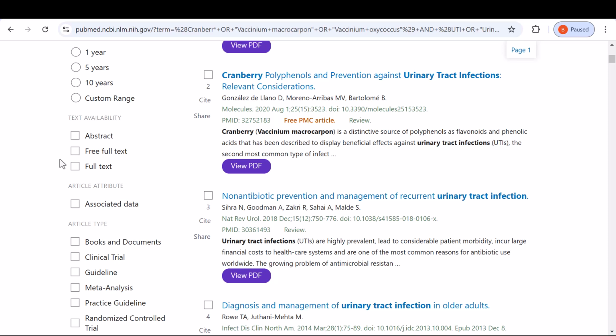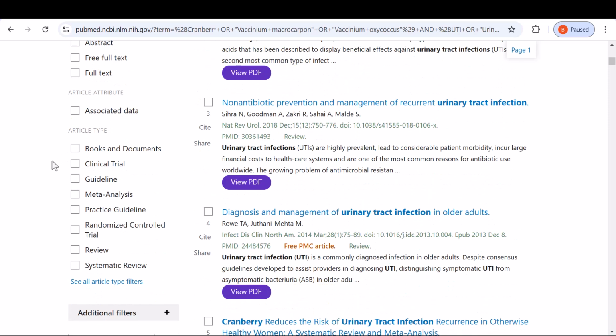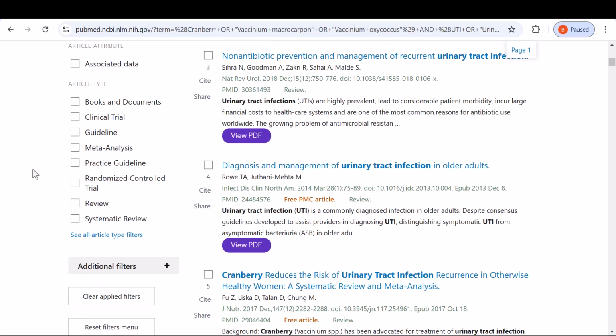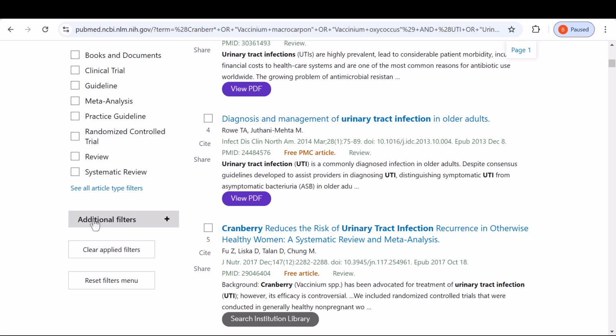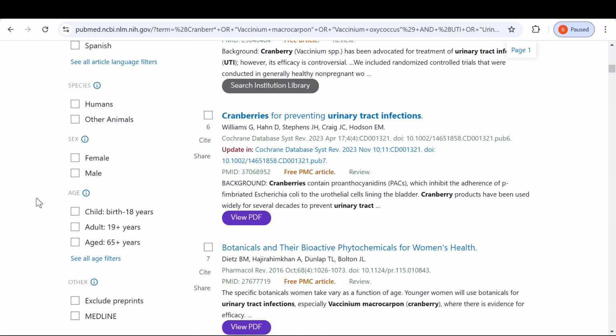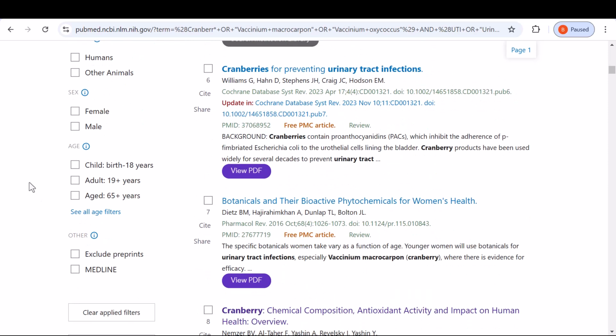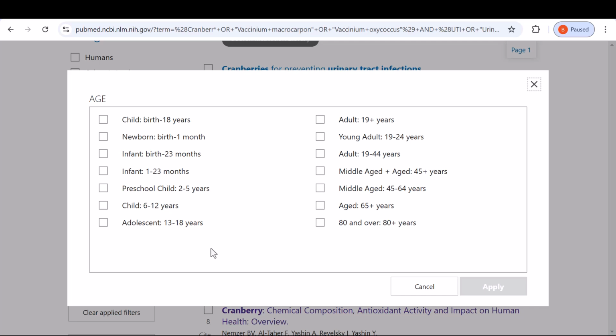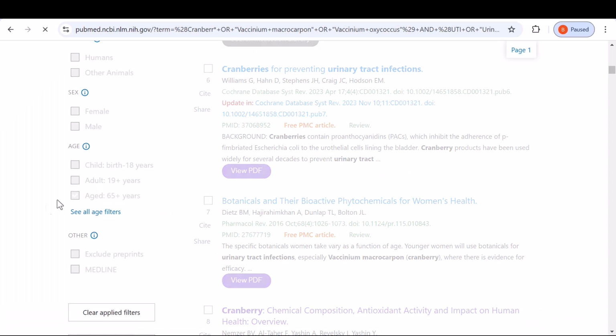If I wanted to limit by age, like let's say I decided that I only wanted to see how cranberry was effective in urinary tract infections in older adults, then I can use age filters. And so if I scroll down and I click on additional filters, then you can see a whole bunch more pop up here. And initially I'm shown 3 age filters for child, adult, and aged. Age 65 years and older might be fine for me, but I want you to know that if you see all aged filters, there are so many more options here. But if I click 65 and older,